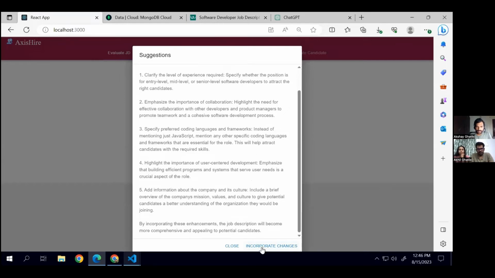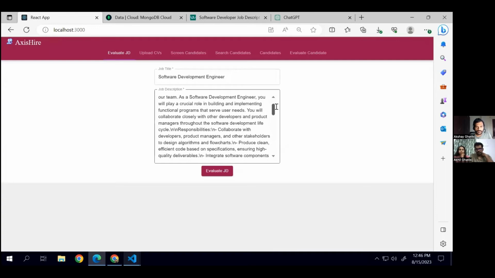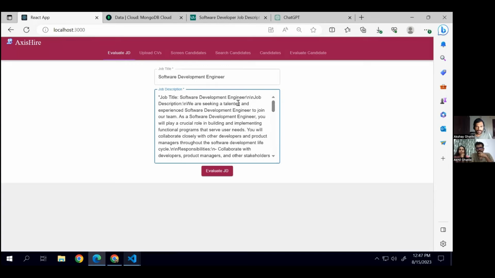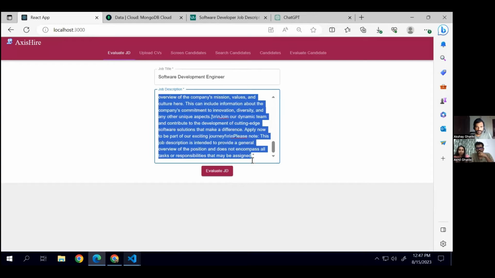So we can just click on this incorporate. Now we have our job description with all the changes that it has suggested. So here is the job description. Let's pick up this job description